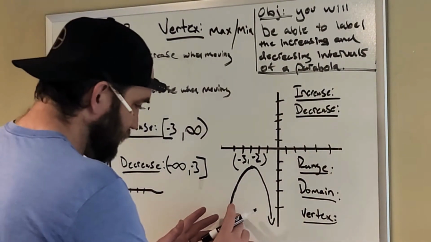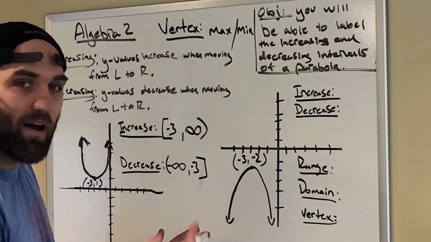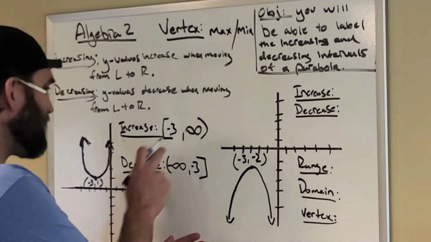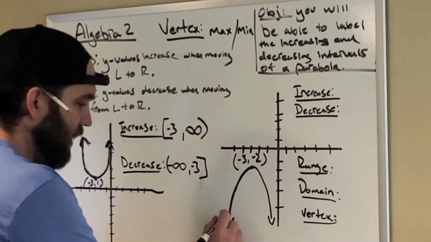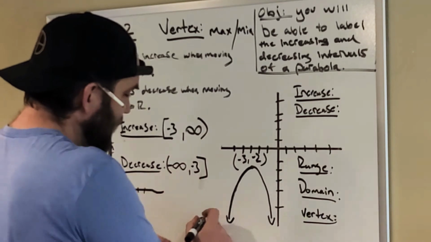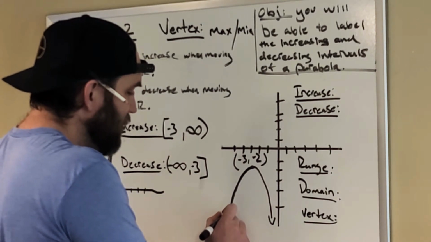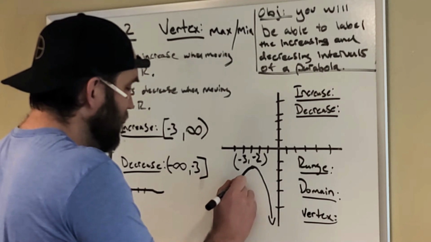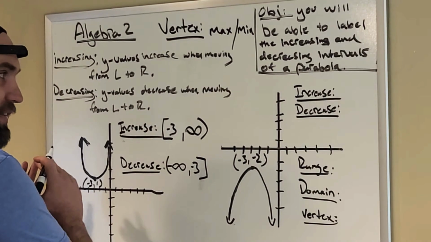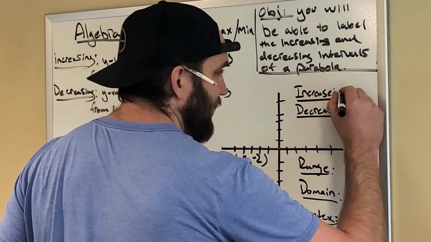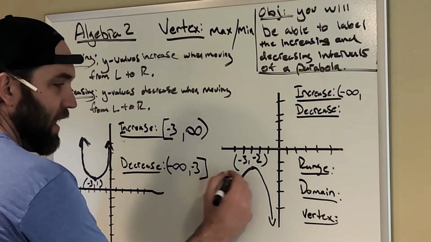So now we're going to take a look at this parabola down here. This one's upside down. It's going to be a flip situation. So I start left and I say, what's happening with this parabola as I move from left to right? I start here, and as I go to the right, my parabola is going up, up, up. So I'm going to start from negative infinity, and I'm increasing until I get to,